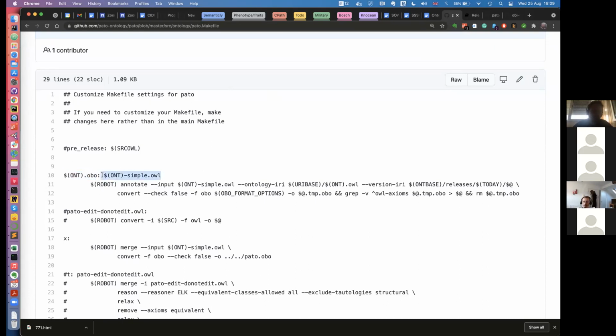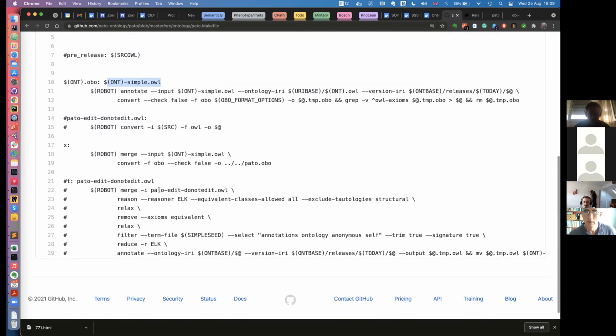Instead we want to use the Pato simple artifact. Then we do a bit more processing here because we also have to change the ontology IRI. So for our release, when the pato.obo is created, we are using a different dependency. So all that's good. So this is a small